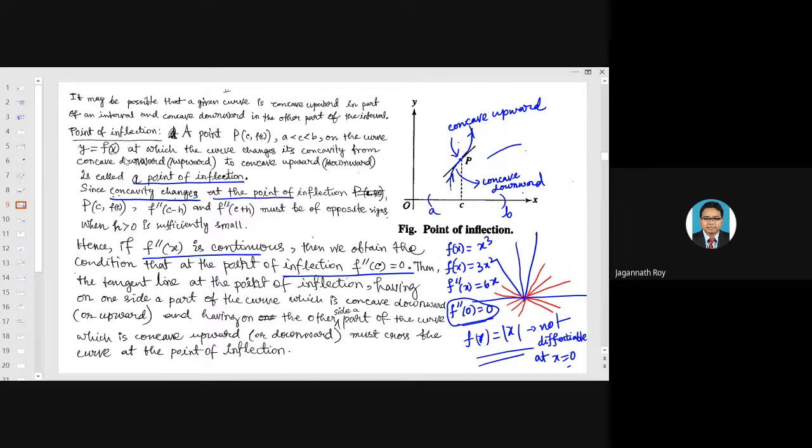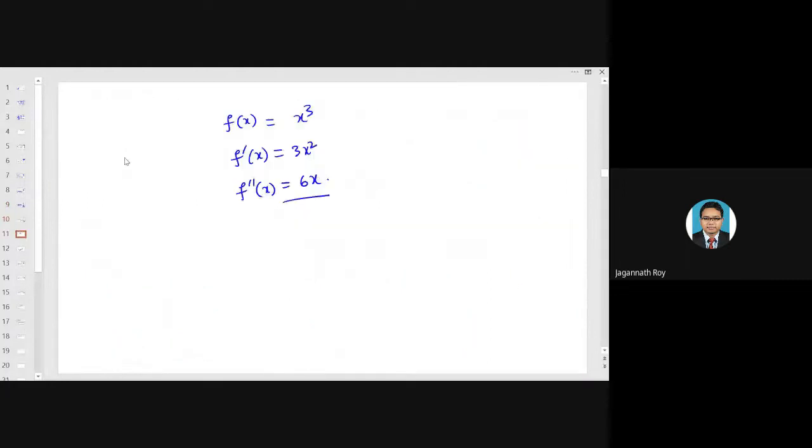At the point of inflection, for example P (c, f of c), f double dash of c minus h and f double dash of c plus h must be of opposite sign when h greater than 0 is sufficiently small. Okay. Now, if you try to look at this function,